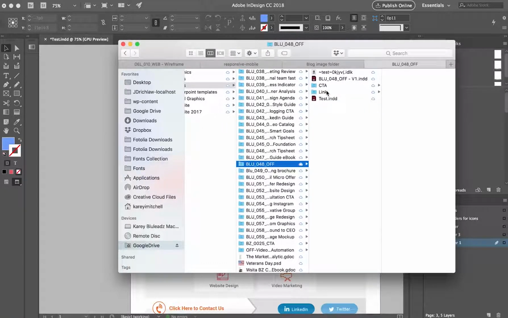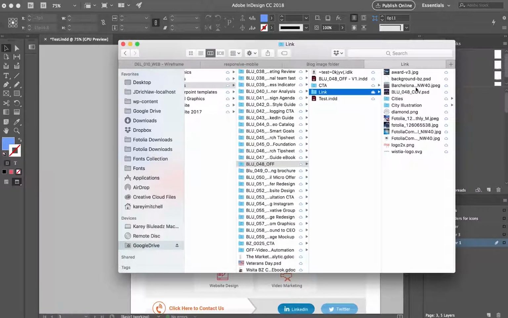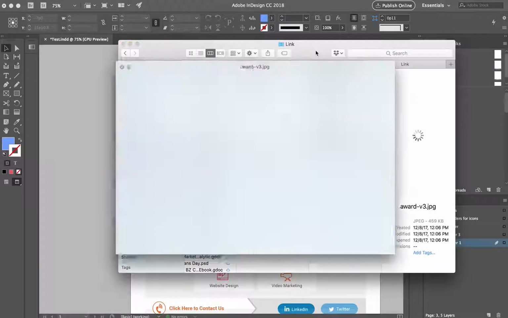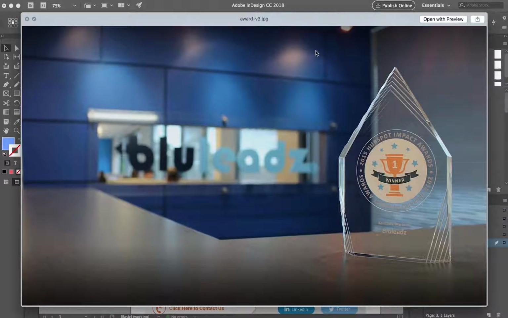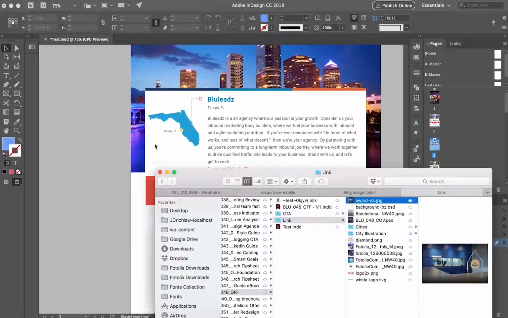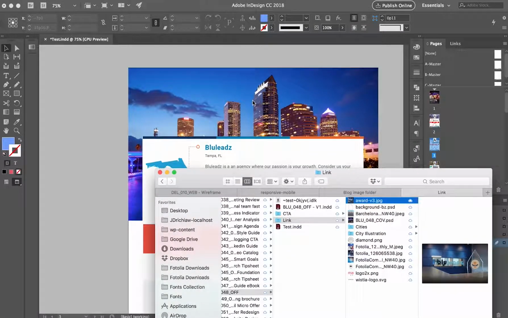Generally speaking, whenever you do a project in InDesign, you always have a link folder, and that's where you basically store all your links. In this case, we have our links folder, and the client wanted to use the picture that's currently on their homepage as the picture in the background. A simple way to do this is, since an image already exists in the background, we can simply drag that